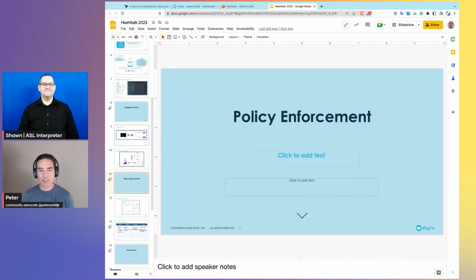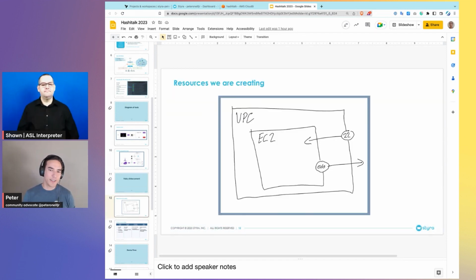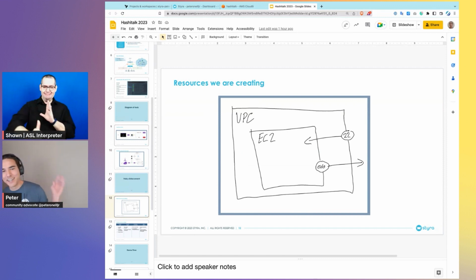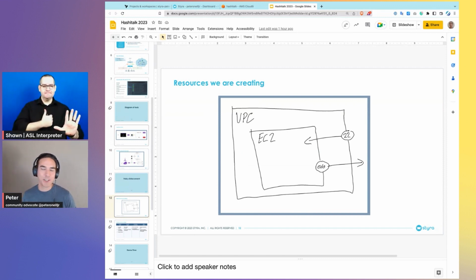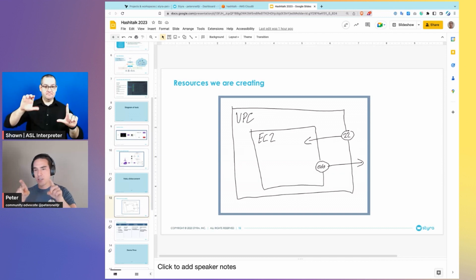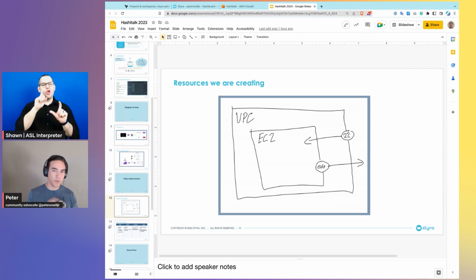Yeah, so let's talk a little bit about the policy that we're going to be enforcing today, right? You can excuse my very elementary drawing here. Drawing is not my best skill set, but we're just going to be creating a VPC. Inside of that networking VPC, there's going to be an EC2 instance acting as a jump host or a bastion or whatever you want to call it, and then we're going to have a couple of security